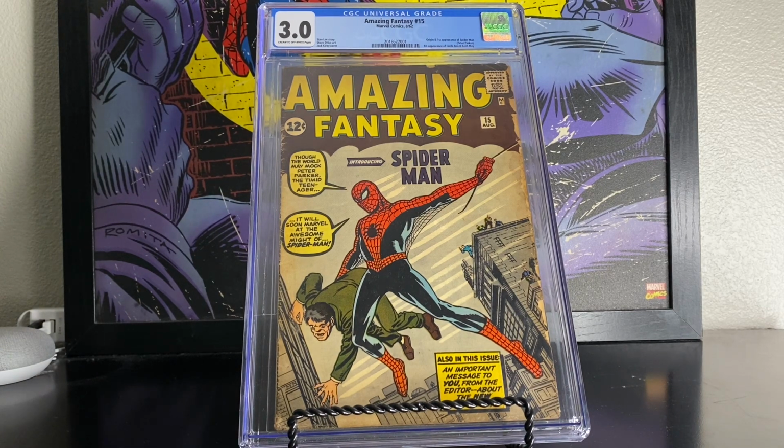When you acquire something of this caliber, it still doesn't fully sink in. Sometimes you don't realize it. I wouldn't even realize how important it is to me until I no longer have it. Let's say if I were to sell it, I wouldn't know how to feel until it's actually away from my collection, because right now I've had it for almost a year, and it's still unbelievable to me because I used to see it in pictures, and you're like, wow, that's something that I'll probably never have because I can only see it in a